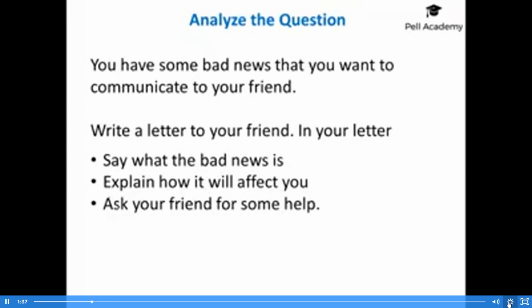The final paragraph then is ask your friend for some help. So again, this is just pretty straightforward, but make sure that it links back to the bad news. So it would be a bit odd to tell your bad news and then ask for some help on an unrelated issue. So I think the only thing that might catch you there is that the last prompt, your help, isn't related, but it should be fine.